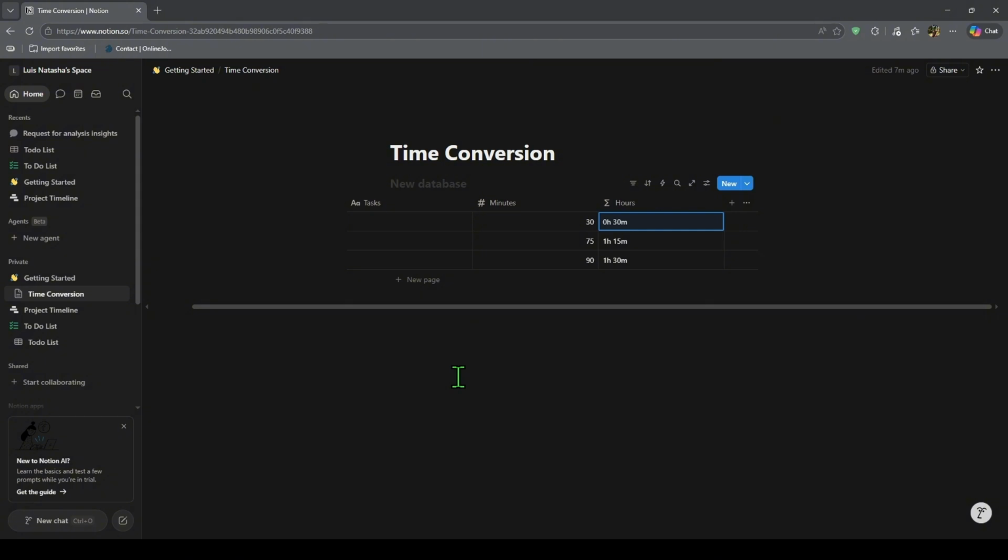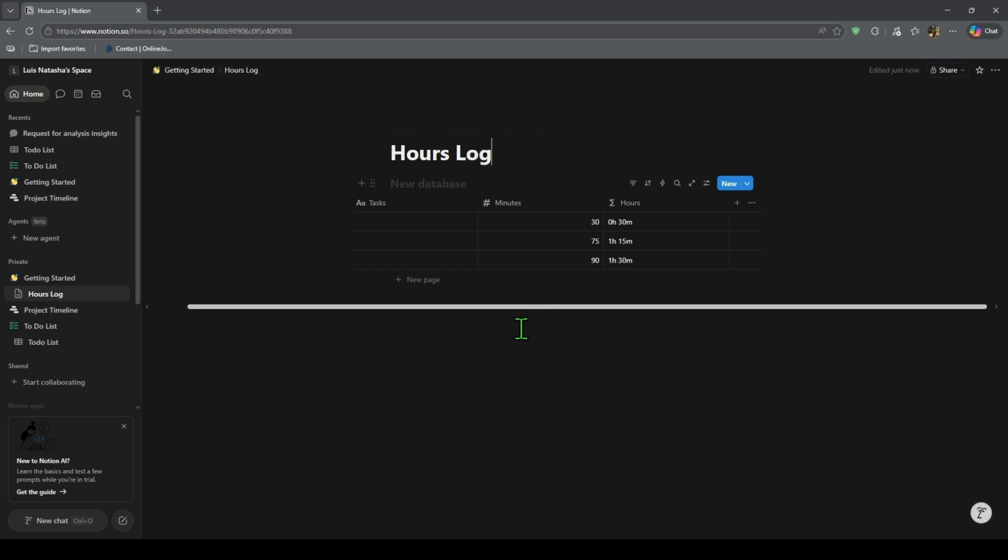Another useful idea is naming your formula property clearly. Instead of calling it formula, rename it something like hours, hours logged, or converted time, so it's easier to understand later. So to convert minutes to hours in Notion, create a formula property, divide your minutes property by 60, then choose whether you want a decimal result, a rounded result, or a formatted result like 2 hours 30